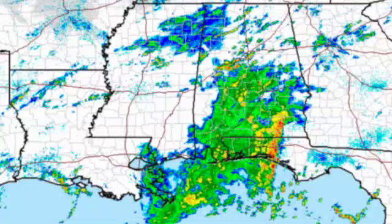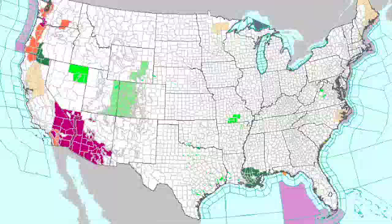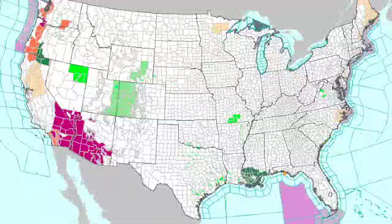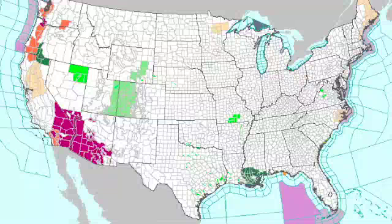The radar map shows that we do have a good deal of showers stretching from the southern tip of Louisiana across the Florida Panhandle and into central Alabama. Watch warning map is a little bit less cluttered today. The dark reds that you see out in the southwestern United States are heat advisories, as are the orange values. The greens are still flood advisories, and over the southeastern U.S., parts of Mississippi and Louisiana are under flash flood